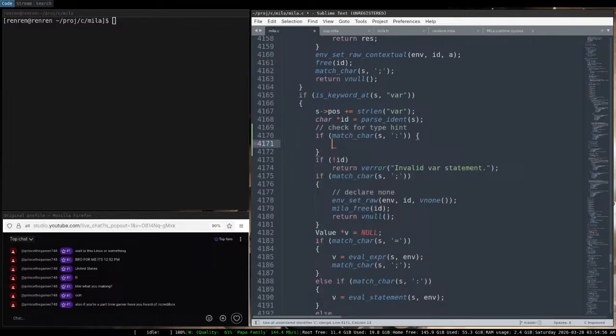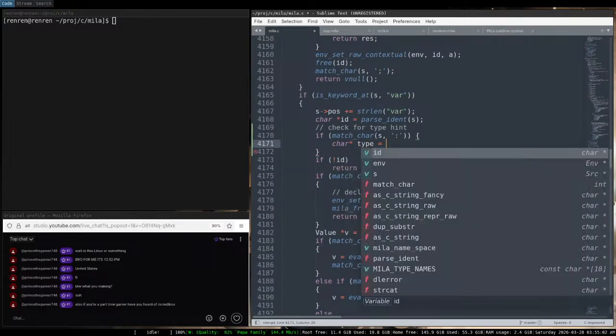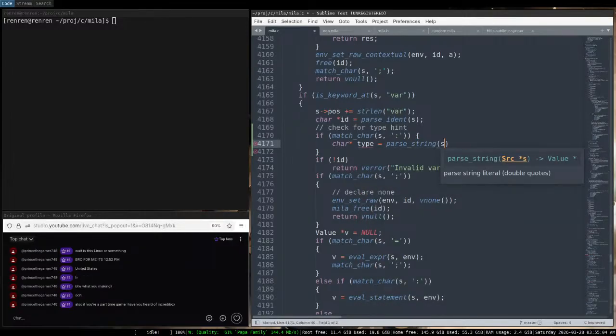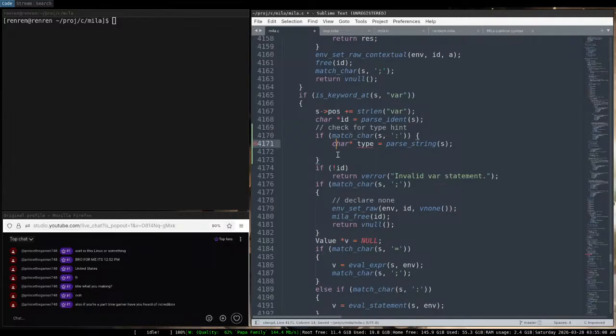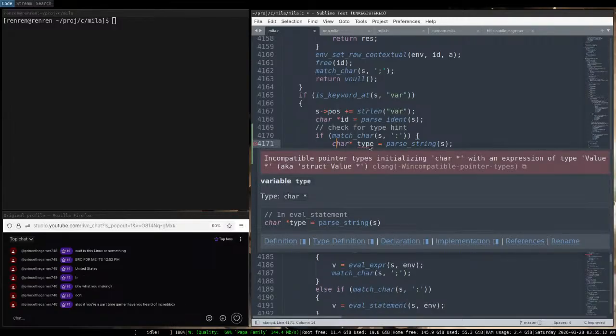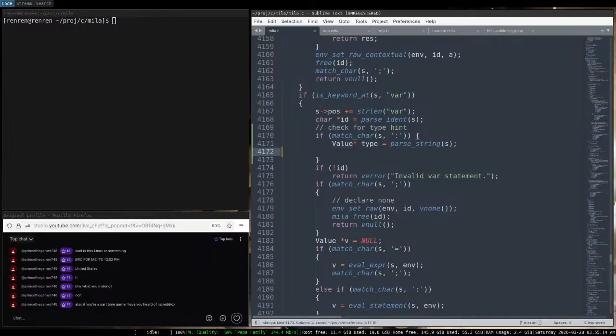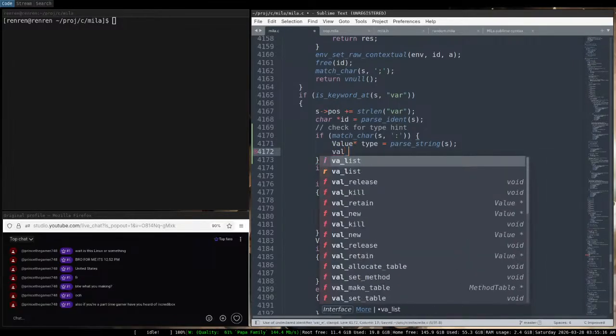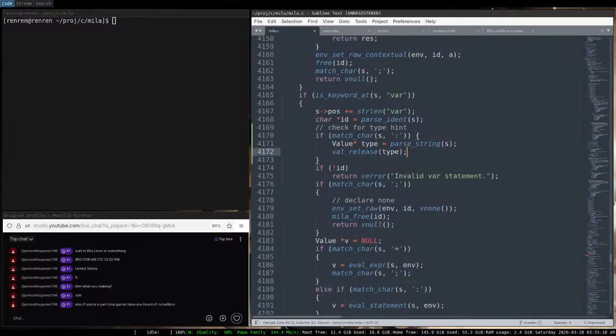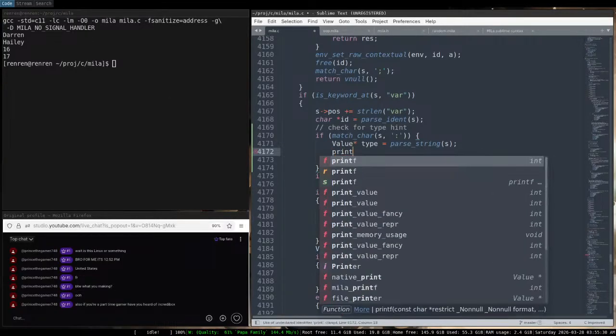So, char star type is equal to parse string. What? Oh, it's a value. Okay, so it's a value. Value release type. So now it should actually support. Yep, there it is. Now, or we can just